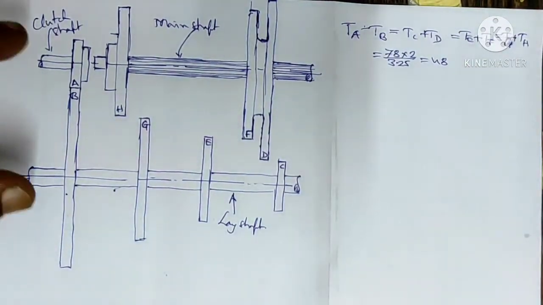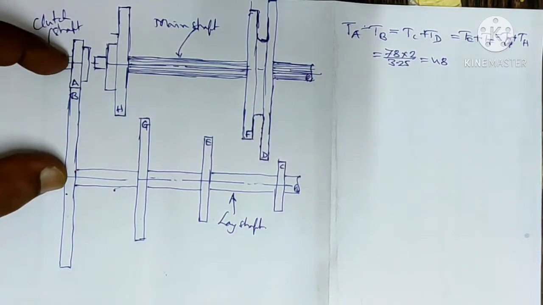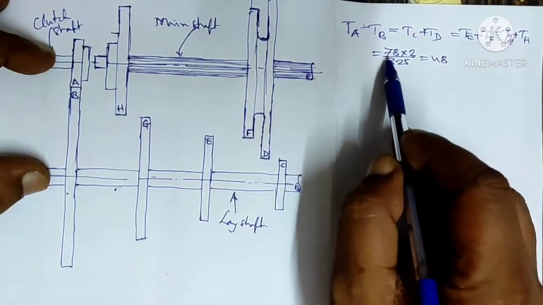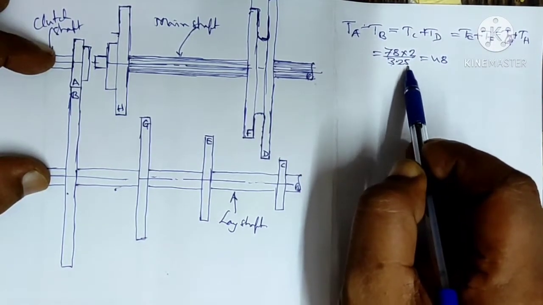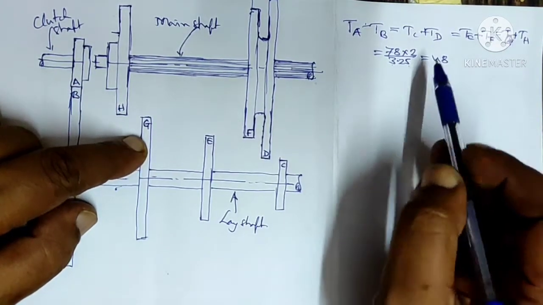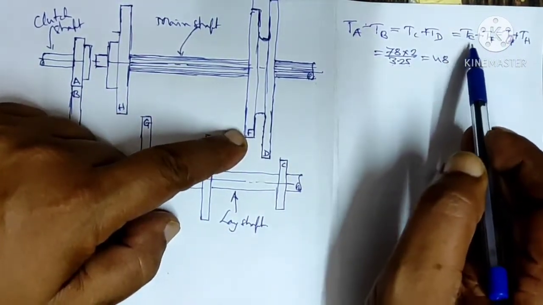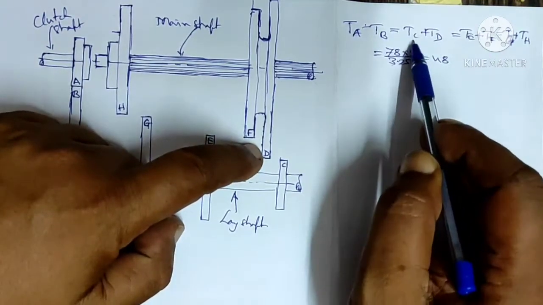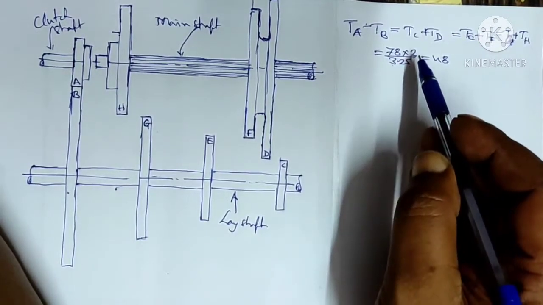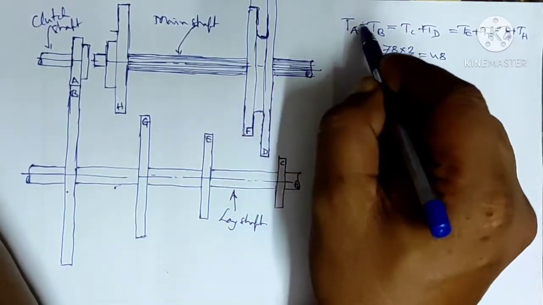Because in some position these 2 gears will be engaged, so the sum of half the diameters of these 2 gears will be equal to the center distance. So 78 multiplied by 2 divided by 3.25 gives you 48. H will be engaged with G, E is going to engage with F, and D is going to be engaged with C. So 78 into 2 upon 3.25 equals 48. That is the 48 number of teeth.